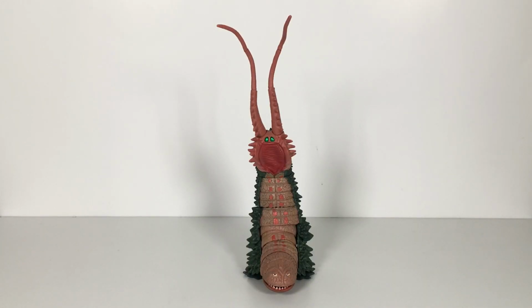Final thoughts on Twintail? He's okay. I do like him for the sculpt and what he is. He's such a weird monster. He moves so weird in the series, and I dig that, so to get a representation of him is cool. It's got a lot of paint issues and a lot of paint rub, and that's not cool. So yeah, I'm a little disappointed overall, but it'll look fine on the shelf like I showed you with Ultraman